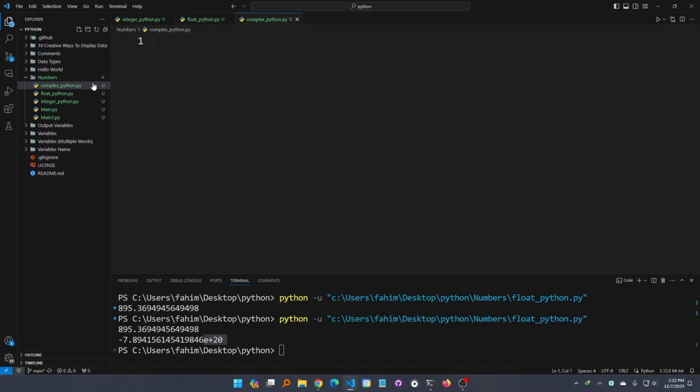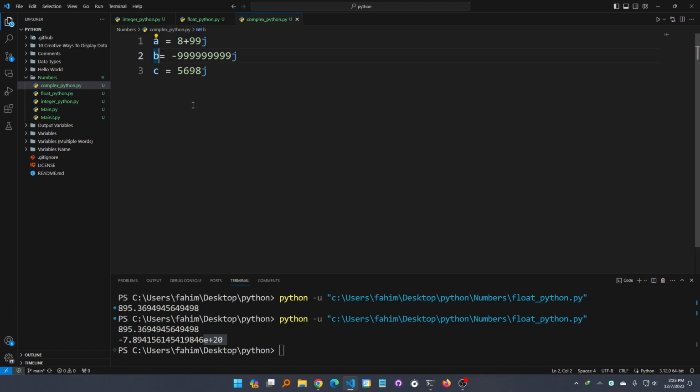So we use j as the imaginary part, and it can be like this. Let's say I'm declaring a variable named a, and it can be 8 plus 99j. And let's say I'm declaring another variable, b equal to minus 999999j. And another variable, I'm going to name it c, and it can have 56